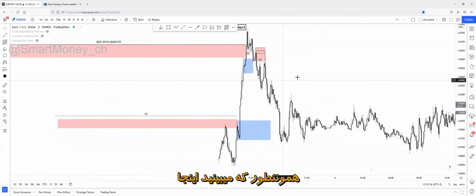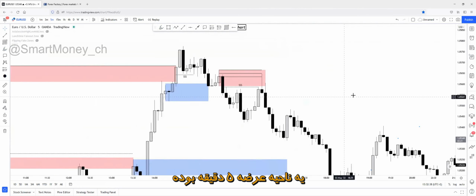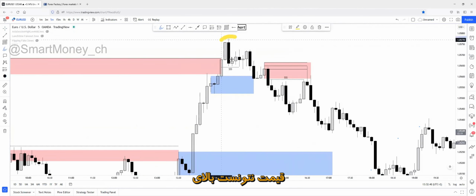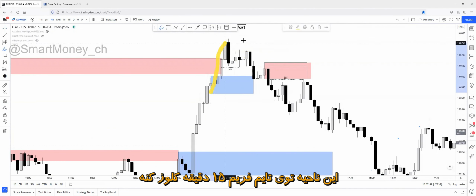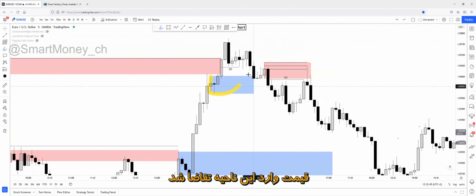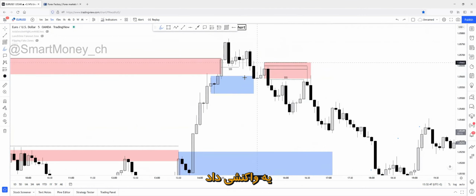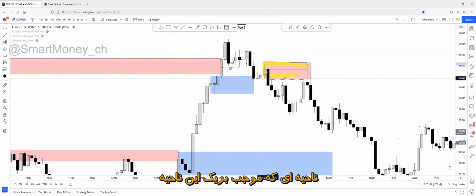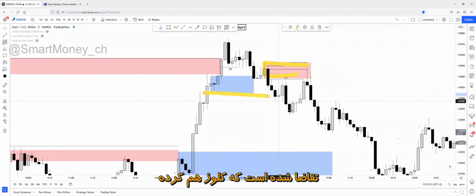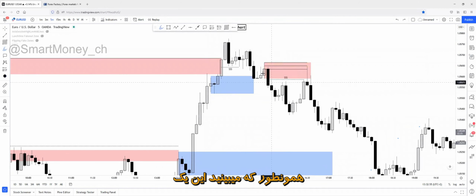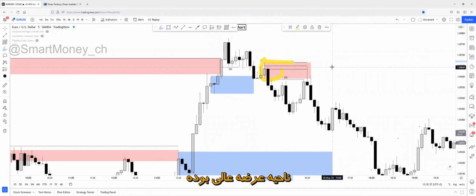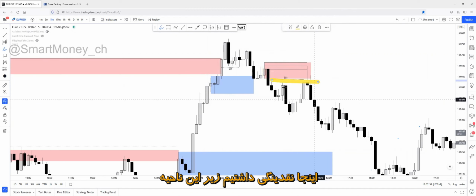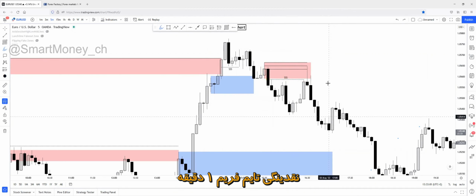So as you can see, there was a 5-minute supply zone. So price, there was no body closure on the 15-minute chart. Price was stepping into this demand zone. Tap of that demand zone, reversal on this rejection, couldn't create a new high. Instead of creating a new high, it just created a supply zone, which has caused the break of this demand zone with body closure, as you can see. So meaning this was a perfect supply zone. There was liquidity for this zone right here. First step, second step, third step, liquidity.